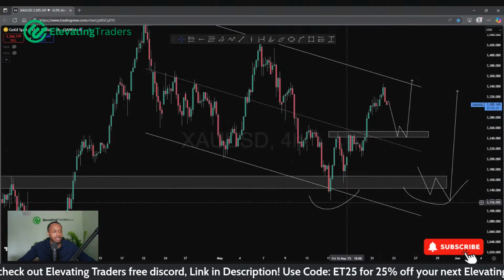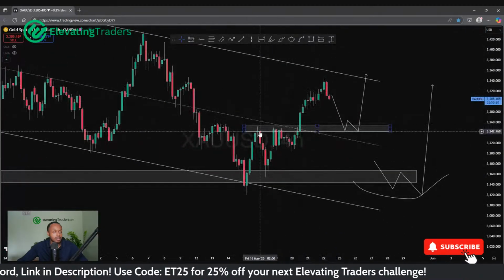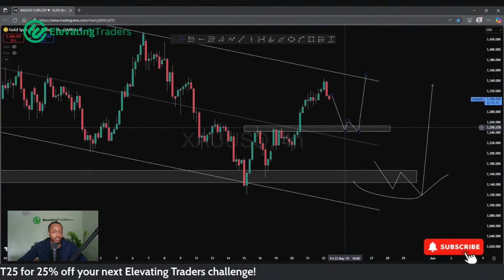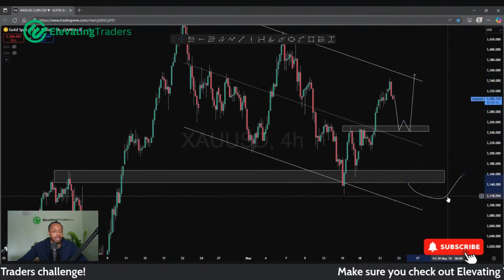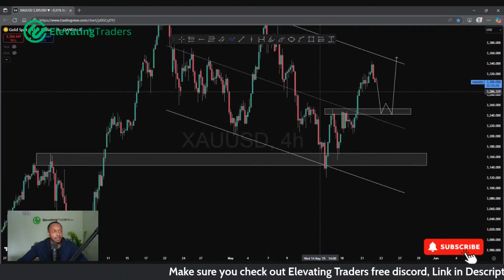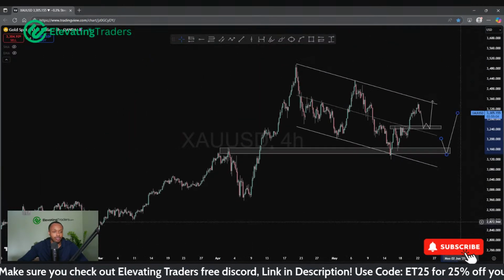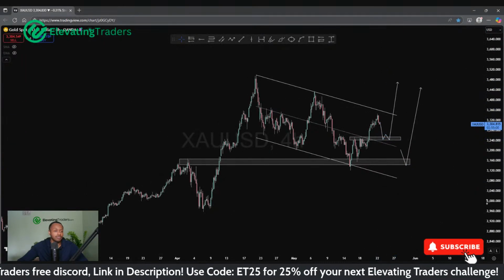So I've mapped out two areas which look good. First area, which is some broken resistance here, which could be turned support around 32.50. I think that's a sensible area to look for some buys. And the second area to keep an eye on would be a double bottom at the lows here. If price can push back into support, I think that could be a nice area for a buy. And again, potentially you've got that swing on your side for a big move.